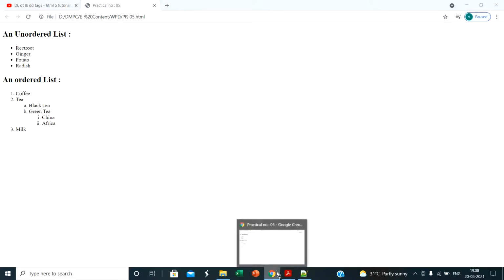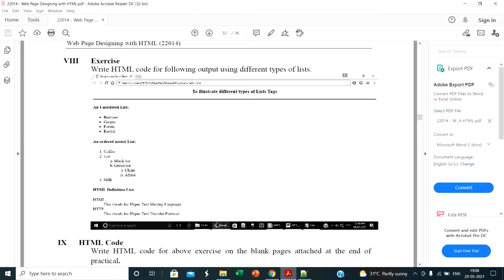Then next, the next tag is the DL tag. Okay, so in the DL tag we display like a dictionary. First remember this is our tag, heading, and then HTML, then description, HTTP description. Okay, so in the DL list there are two sub tags, DT, that is definition term, that is HTML. The HTML term we will mention in DT, and the description to be given for it goes in DD, data description.